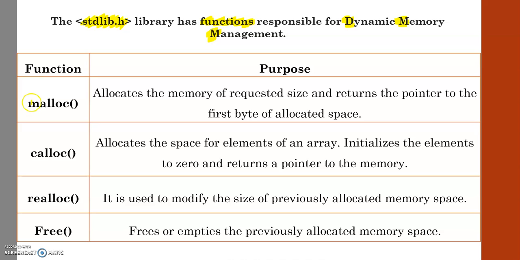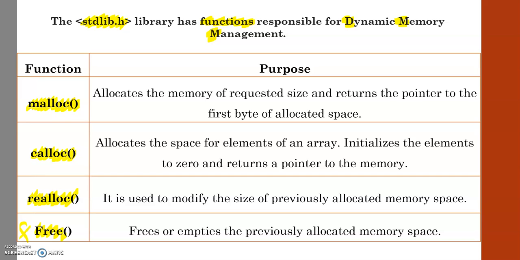Okay, so here we have a total of 4 functions. The very first function is malloc, the second function is calloc, the third one is realloc, and the fourth one is free. Keep it small f. Okay, so free. Malloc we have already studied during linked list creation, right? If you remember, we used the malloc function through which we got the size of the node, and it generates the pointer which we store in a pointer variable.